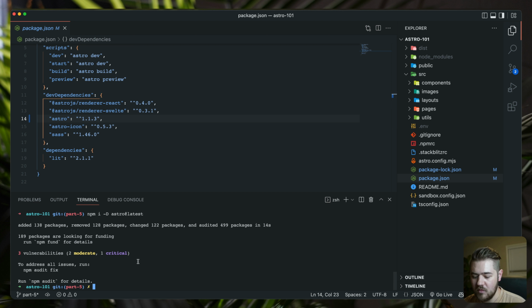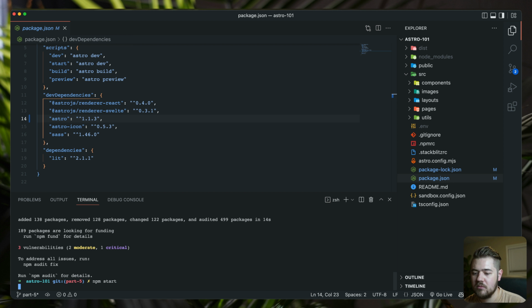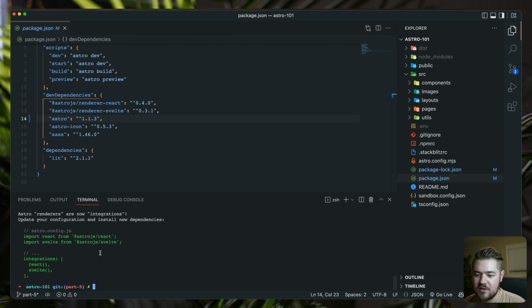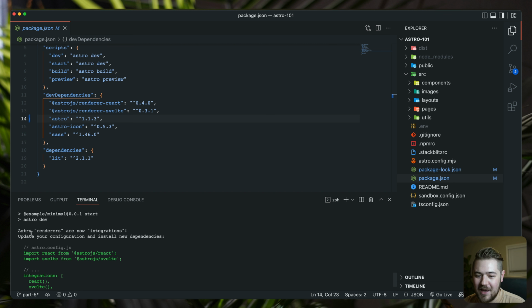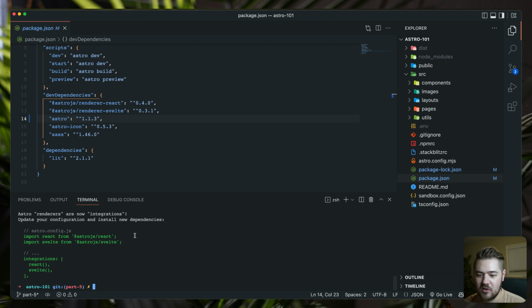So if we just run this, let's do npm start, just like we have in the past. It's going to die right away. The server is going to be like, hey, you don't have anything set up correctly. Astro renderers are now integrations. Update your configuration and install new dependencies. So we're going to go to this